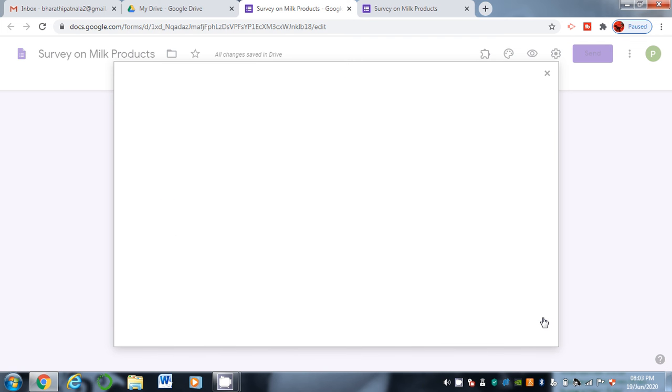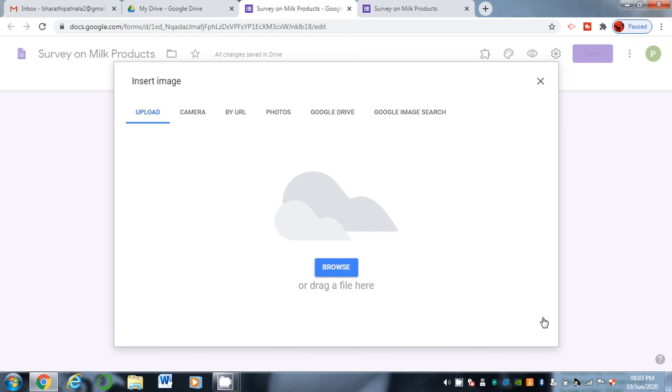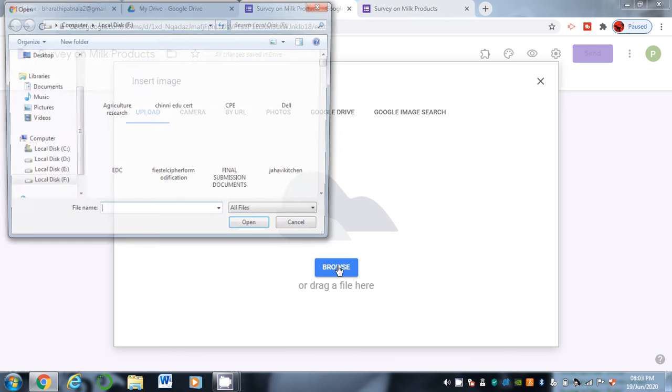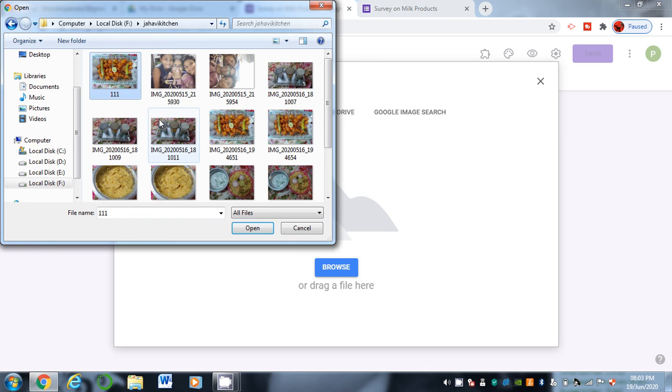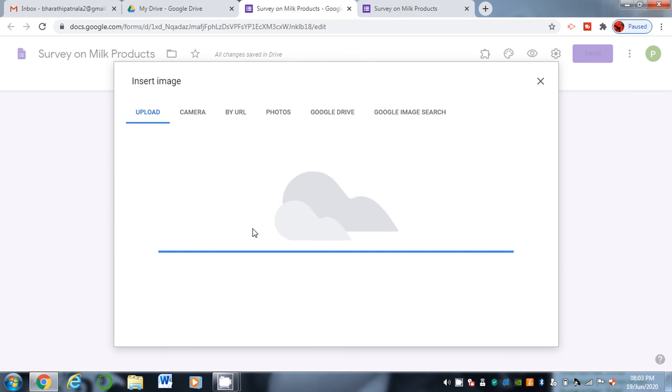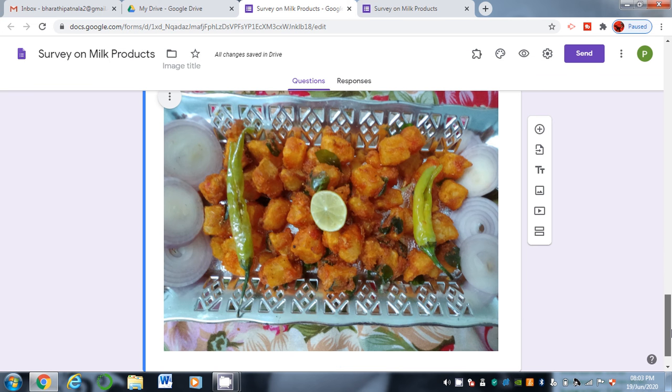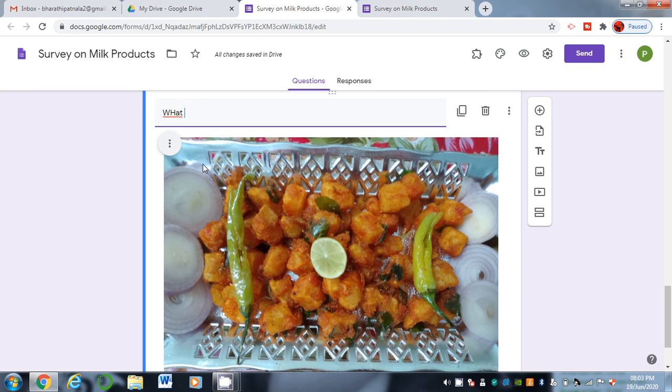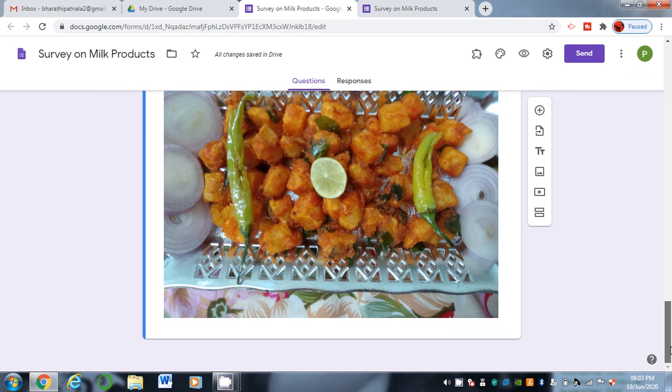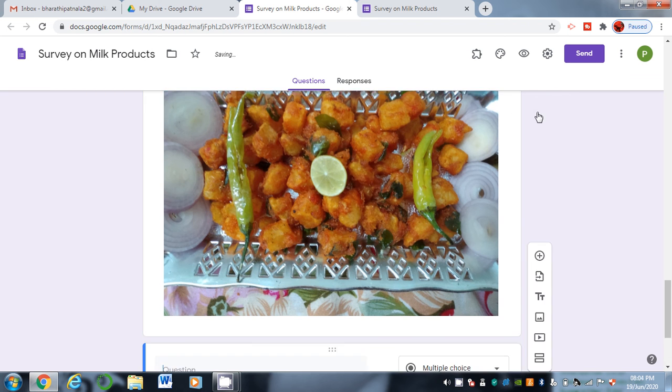Suppose I want to add some image and ask a question. I want to take one dish and I am asking a question, what is the name of the dish. Then you can add a question for this.